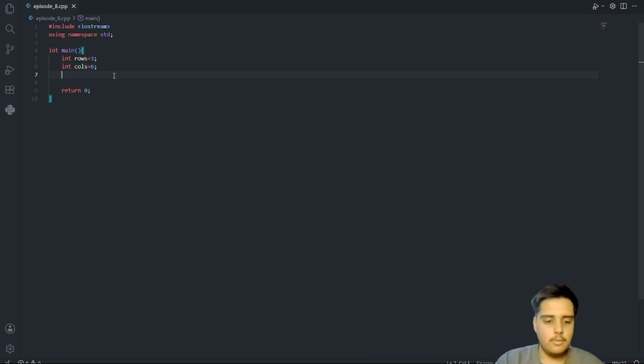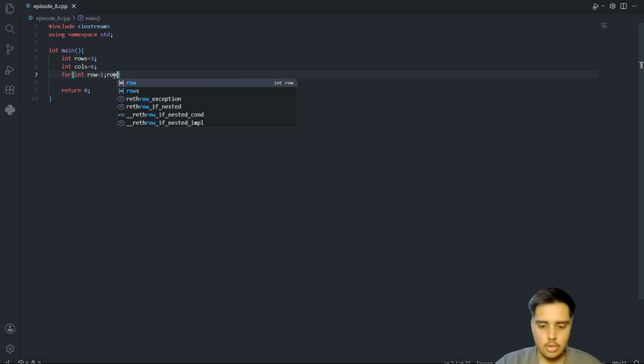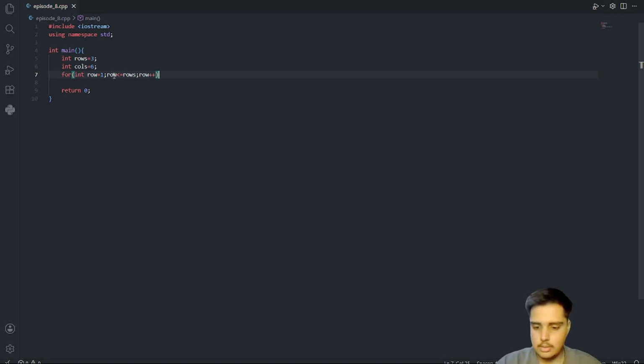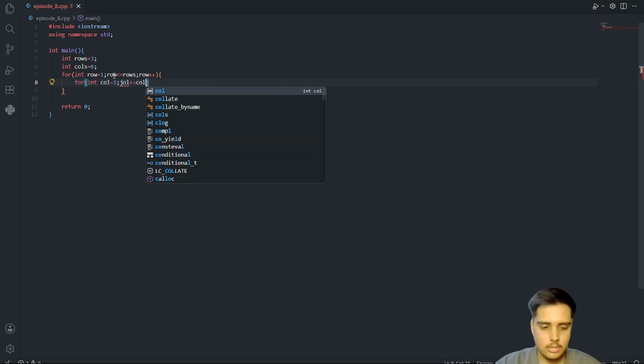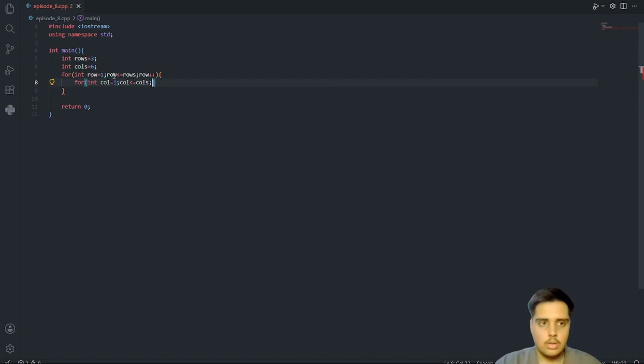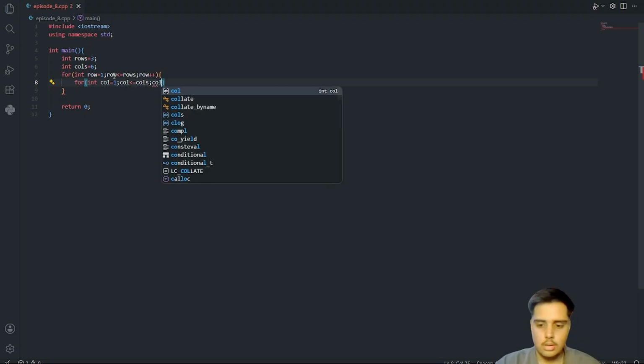So now let me take a for loop: for int row is equal to 1, row less than equal to rows, row plus plus. Similarly, for int col is equal to 1, col is less than equal to cols, col plus plus.